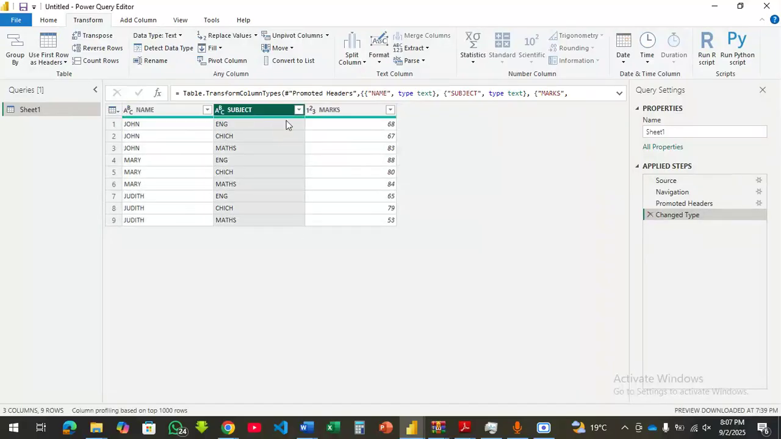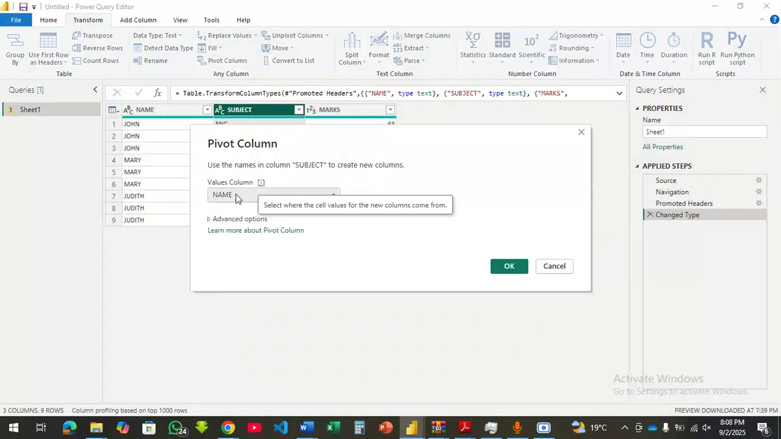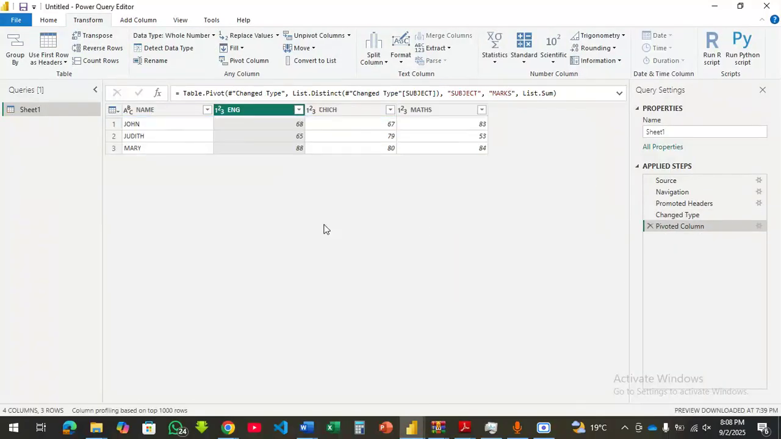Let's select the subject. Okay, when you click the subject and you click on pivot column, where are the values coming from? The values are coming from the max, and you click OK. So here you are going to have the names here, and here you are going to have the English, Chichewa and the Maths in that way. So that's pivoting